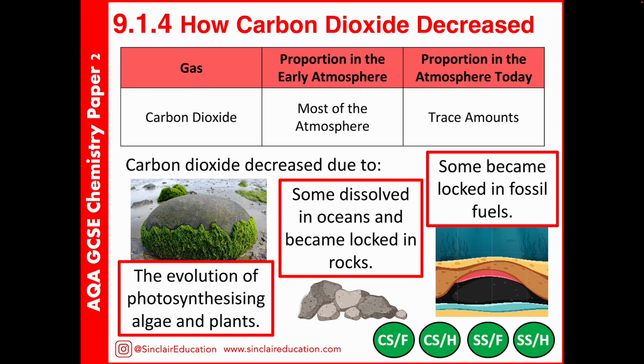It's worth mentioning that in terms of nitrogen, the proportion has gradually increased. The idea here is that it's relatively inert. Chemical processes such as volcanic eruptions are still putting it into the atmosphere, but it hasn't really been removed. So what this does mean is that it's just tended to accumulate over time.